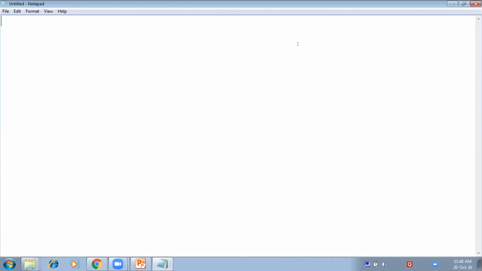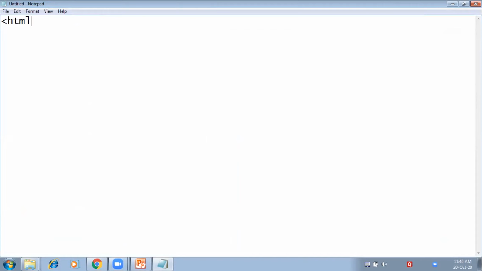First of all, you have to open Notepad on your computer and write the basic tags of HTML. These are the basic tags of HTML which will always remain the same for every web page. That is known as the structure of an HTML document, because it consists of only those tags which always remain the same.